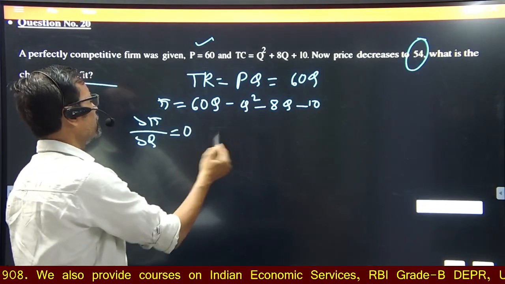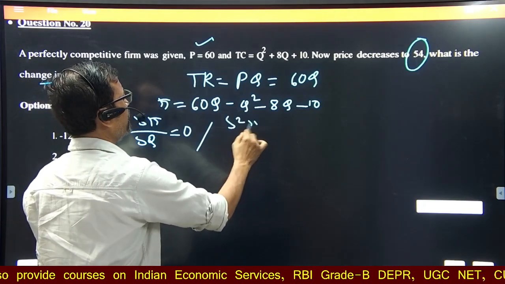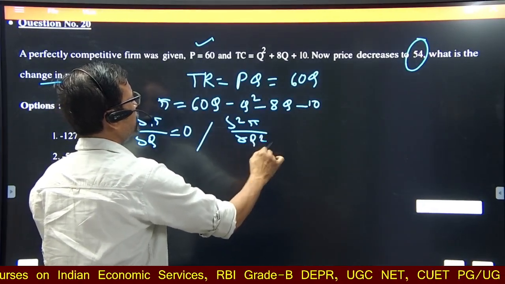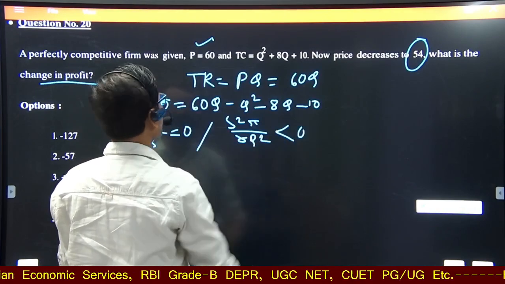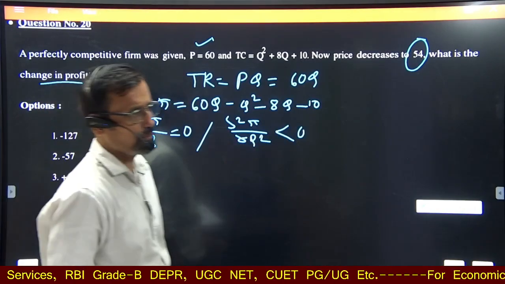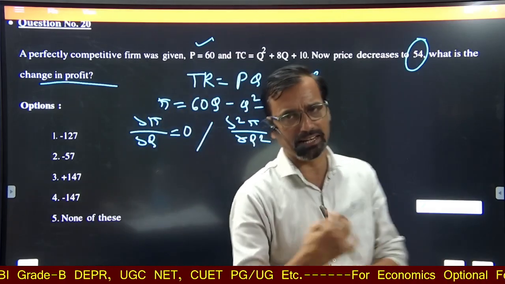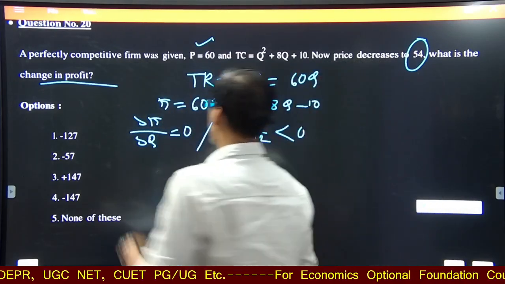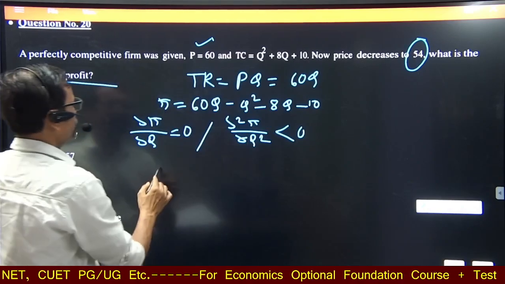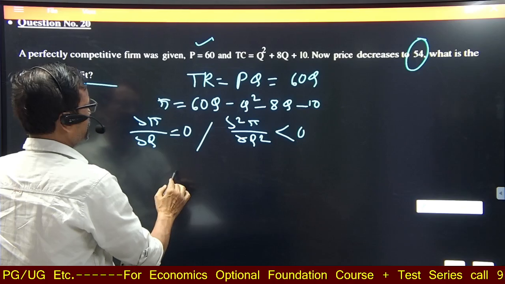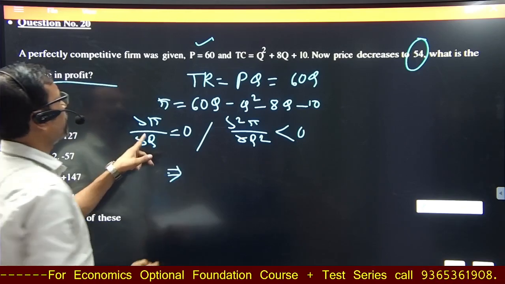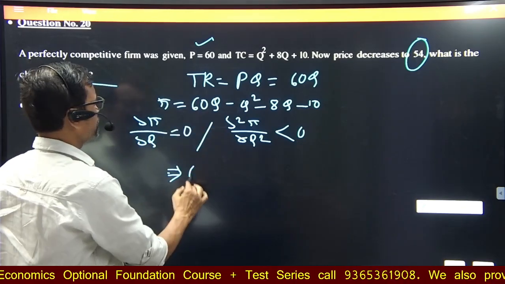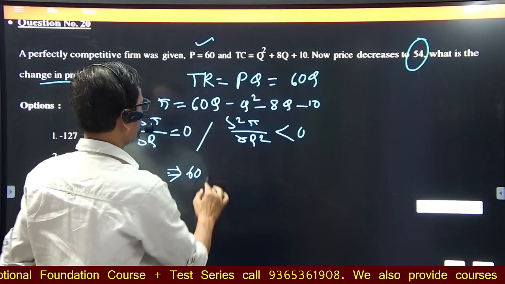Again, second order condition, del square pi by del q square, should be less than 0 in case of maximization. In case of minimization, the second derivative should be greater than 0. So del pi, that is 60 minus 2q